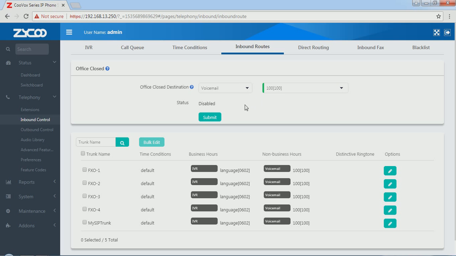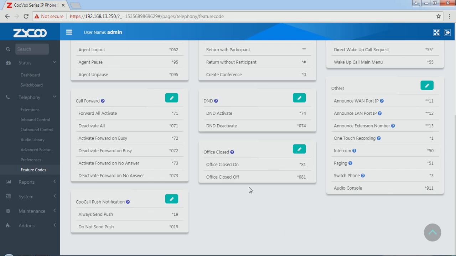I have to first configure here, and then those feature codes for the office closed feature can be used. Dial *81 to turn on the office closed timing, and all the phone calls will go to the voicemail box of extension 100. When the event is over and the office is open again for business, you will just have to dial